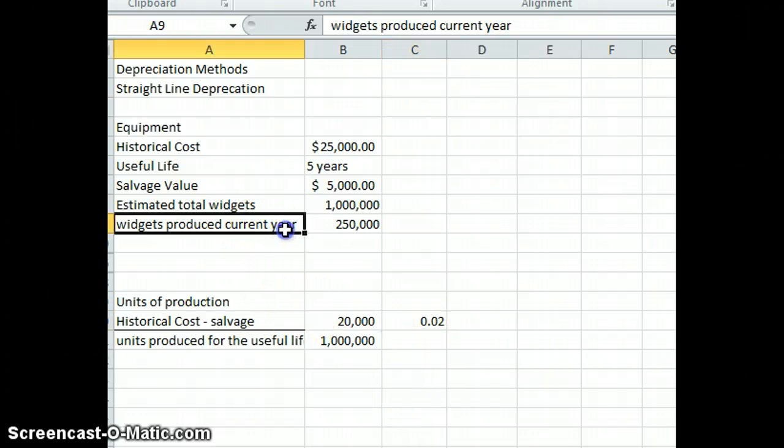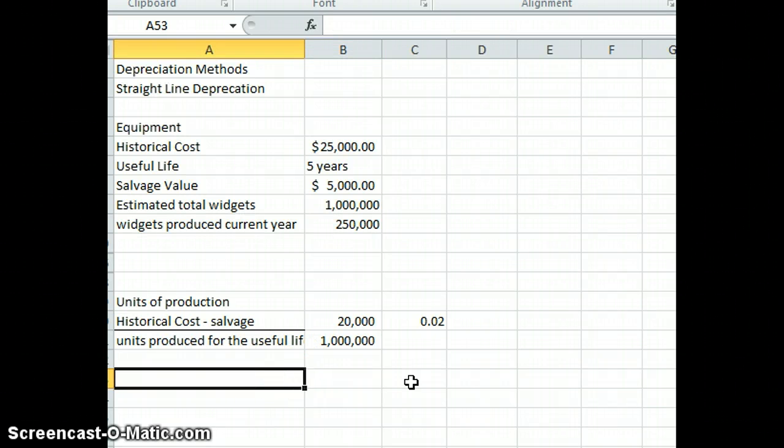So in the current year, we produced 250,000 widgets. So we would say 250,000 widgets times 2 cents a widget in depreciation would give me depreciation for that year of $5,000. So again, it's going to be the number of widgets times the depreciation per widget, and we would get 2 cents per widget, and you get $5,000 in depreciation for the year. And again, our